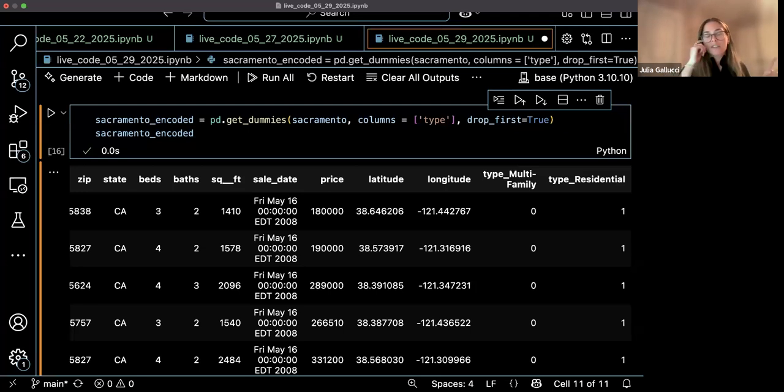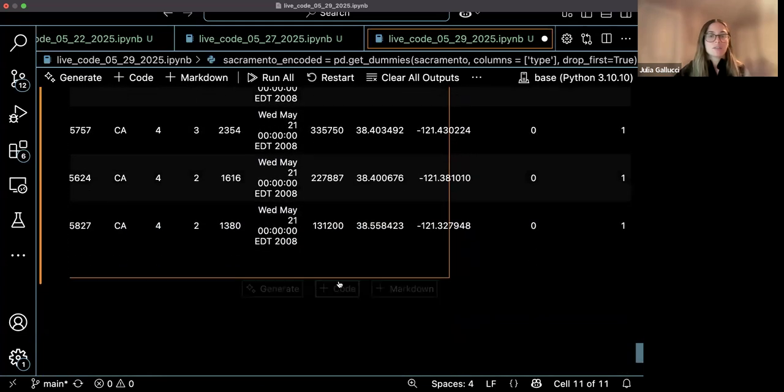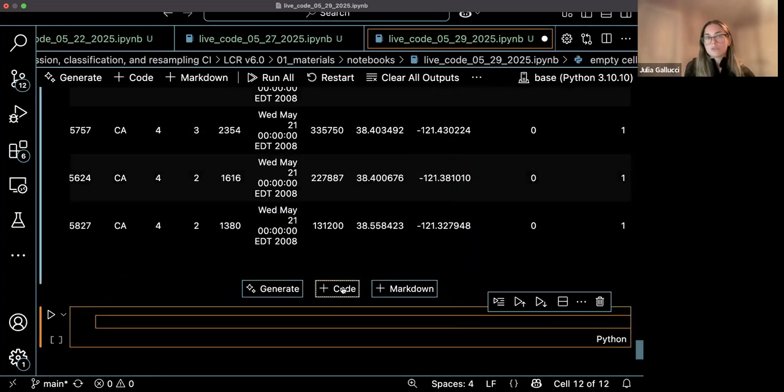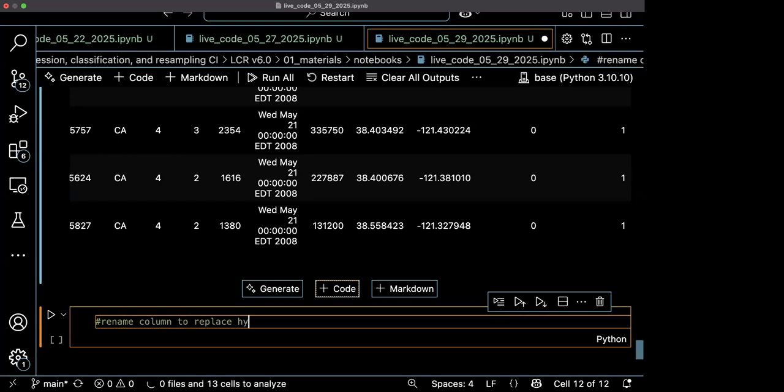We can move on to fitting our linear regression model. I just want to point out that because of the particular syntax that this library uses, we're going to replace the hyphens. For example, here it says multifamily, hyphenated. We're going to replace it with an underscore to avoid potential issues when referencing the columns within the model syntax. Libraries like statsmodels, with column names with hyphens, may cause syntax errors when we use these model formulas. So that's why we're replacing it now. I'm just going to rename the column to replace the hyphen